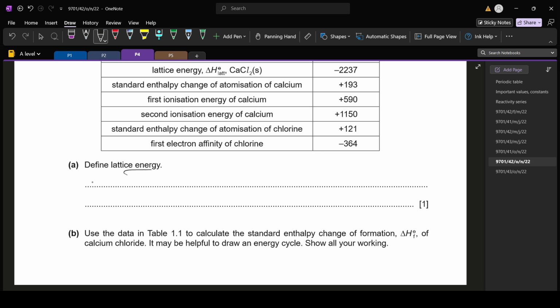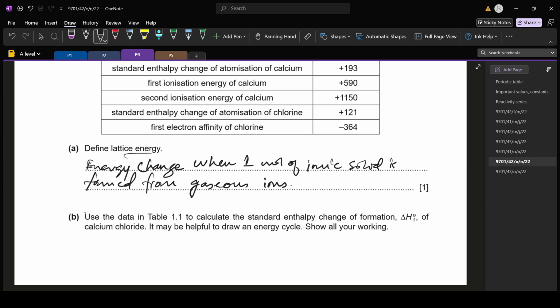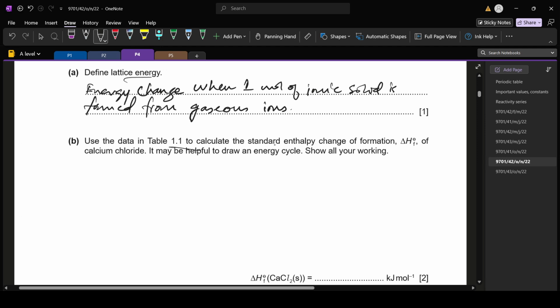Energy change when one mole of ionic solid is formed from its gaseous ions. Gaseous ions. Now use the data in table 1.1 to calculate the standard enthalpy change of formation of